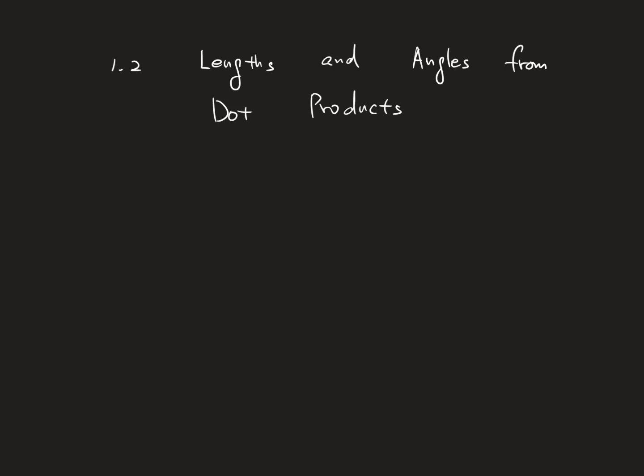We'll cover section 1.2. It's about length and angles from dot products. We defined dot products already in the first lecture. A dot product, or inner product,